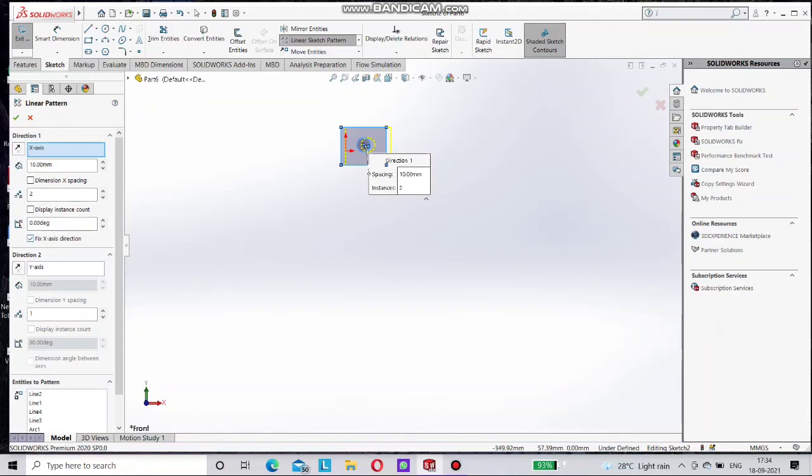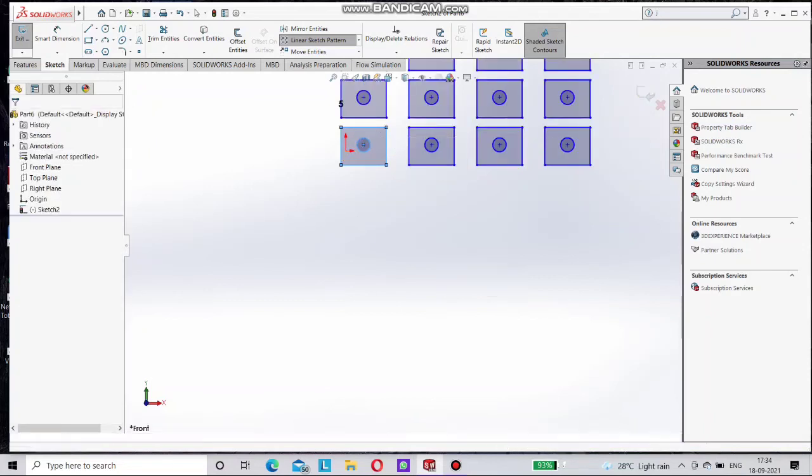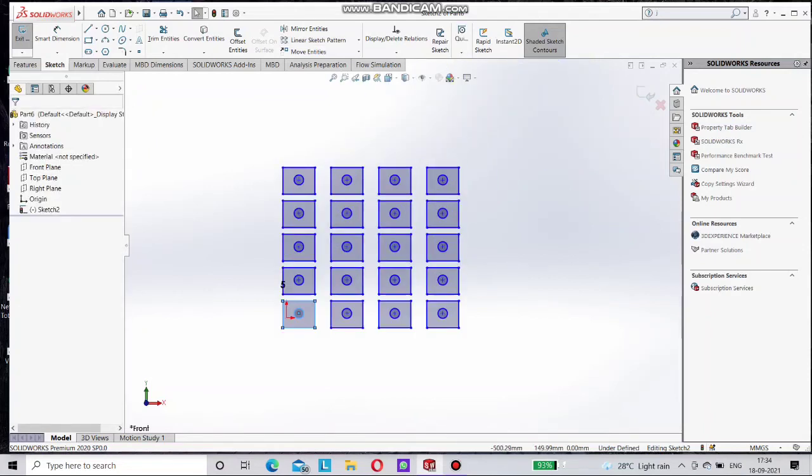Here also direction 2. If you want to make this pattern in X and Y direction also, you can make all these patterns. We are going to see all these in this video. First of all, I have to select in Y direction, X direction, and then Y direction. You can increase any number of this. You just have to put here number of patterns and angle and degrees, means difference between these patterns, length. You can see here you can choose 2 direction also, like this.